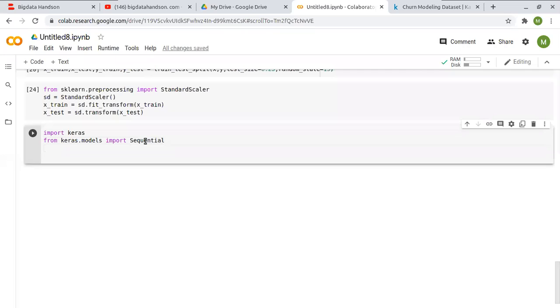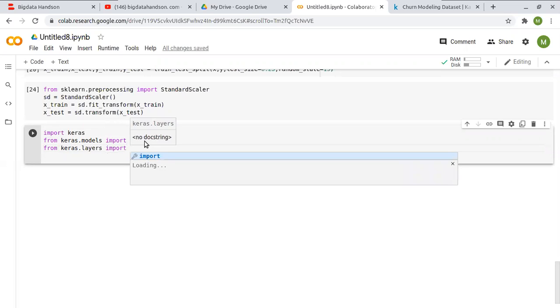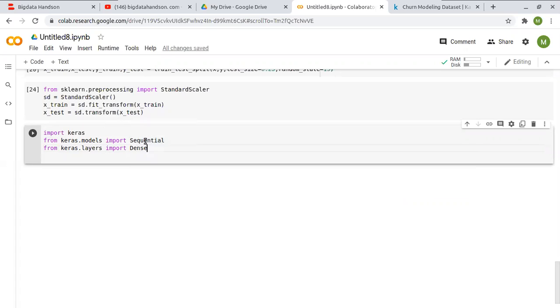And we want another class that's inside the Keras library. Inside the layers module we will have the class called Dense. The Dense class is used to create a layer of neurons. For example, if you want an input layer, you can create it using the Dense function. We'll assign the number of neurons, how many neurons you want in the layer. Likewise, Dense is used to create a layer.